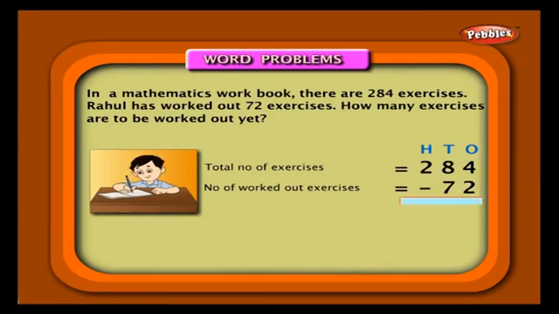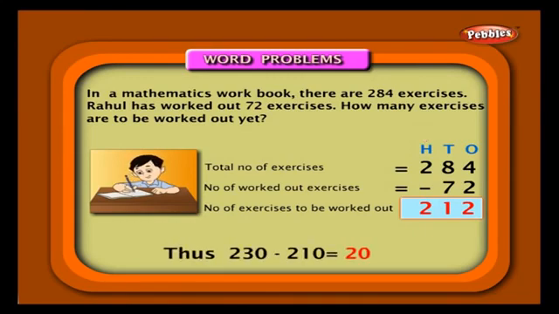To find the number of exercises to be worked out, we should follow the following steps. Subtract ones column. 4 minus 2 is equal to 2. Write 2 below the ones column. Subtract the tens column. 8 minus 7 is equal to 1. Write 1 below the tens column. Subtract the hundreds column. 2 minus 0 is equal to 2. Write 2 below the hundreds column. Thus, 284 minus 72 is equal to